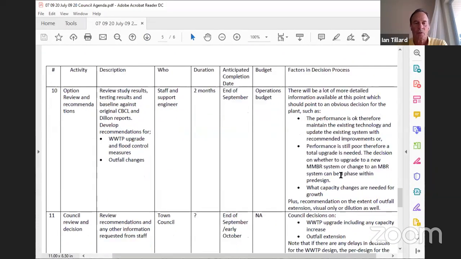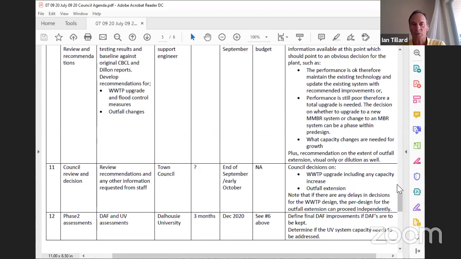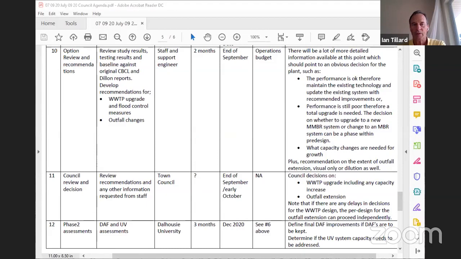Yeah, thanks, Ed. So we think that, particularly with those first activities related to assessment, we're going to know a lot more about this plant, and the final solution at that point will be quite obvious. That's whether the performance is okay with the plant, and we can do some upgrades and bring it up to a lifespan that's appropriate for an upgraded plant, or whether we're still going to be suffering from a lack of performance, and then we're looking at a total upgrade, which may mean changing the technology, looking at a different type of MBBR system, or an MBR system. But if we get to the decision of whether we can stick with our existing technology with some upgrades, or no, we've got to change to a new technology,